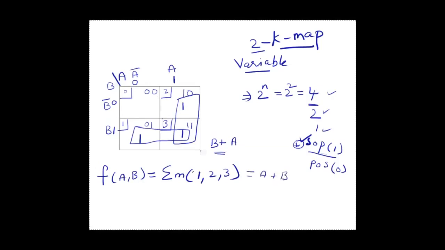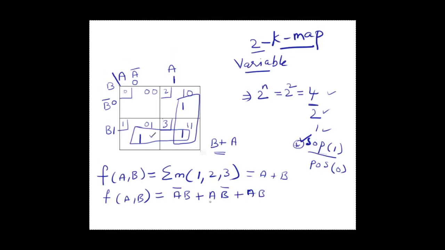So the same question can also be asked in this format. Instead of giving those min terms, they'll give you the expression like 1 means this: A bar B plus, 2 means 1 and 0, A B bar plus A B. If they ask in this way, just check with A bar B and place a 1 there. That means where is A bar B? This is A bar and this is B. So here you will get a 1.